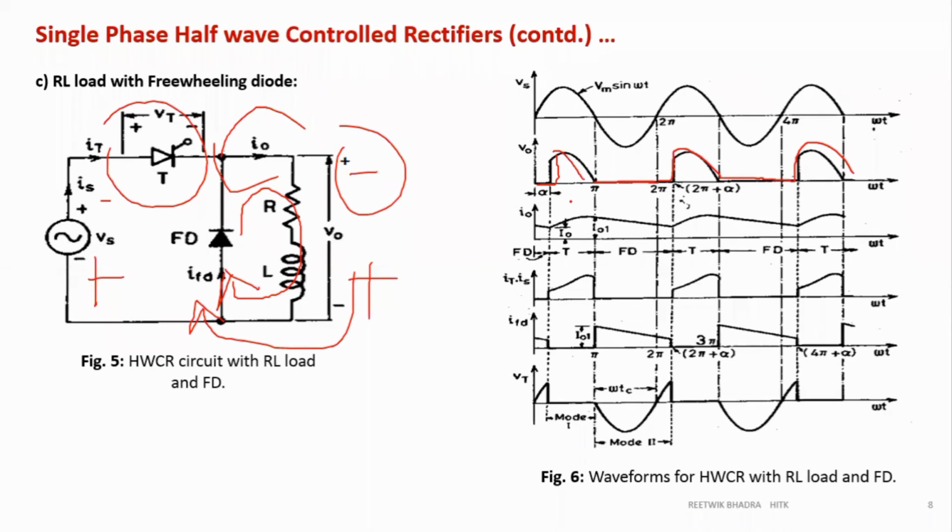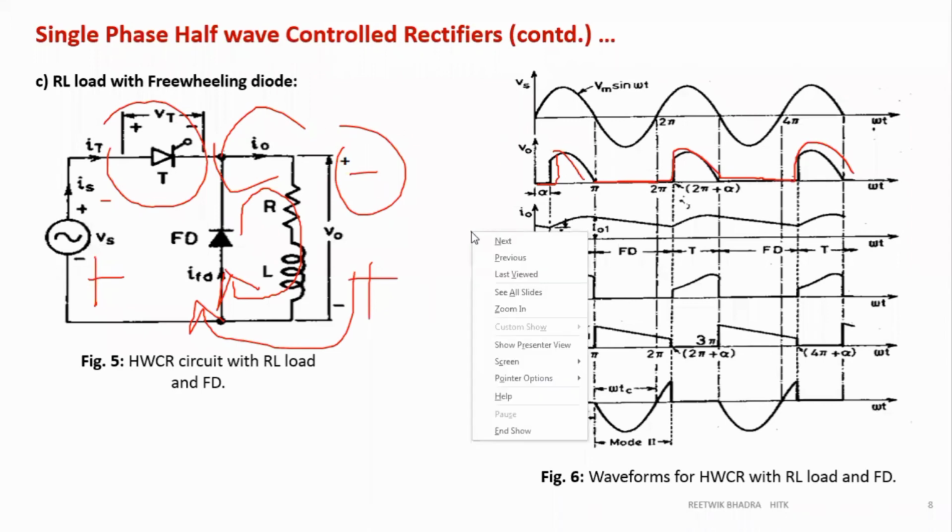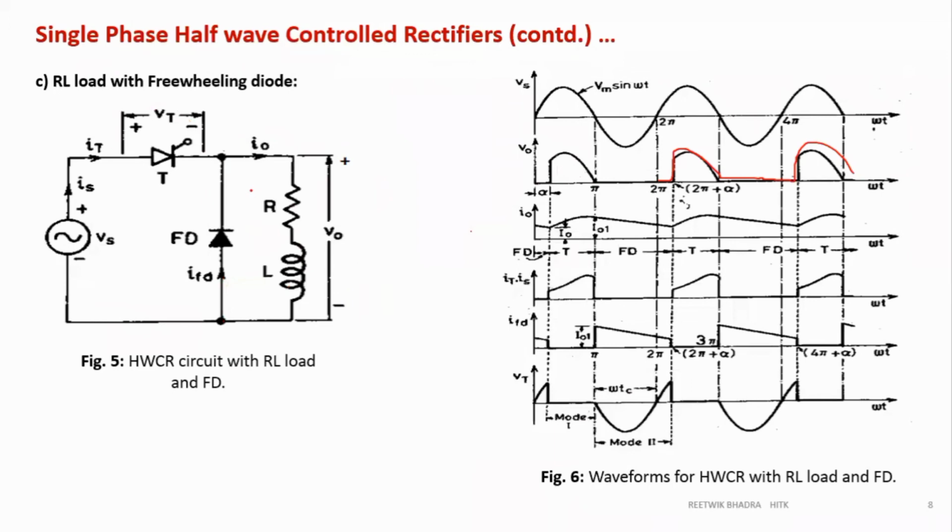So that problem can be eliminated by using a freewheeling diode. Why is it called freewheeling? Because when the current discharges, it freewheels like a wheel. Like a wheel goes round and round, it freewheels through this circuit. That's why it is called the freewheeling diode. You have seen in DC to DC converters and inverters, for the inductor to discharge, we need a diode. So that's why a diode should be connected at this point.